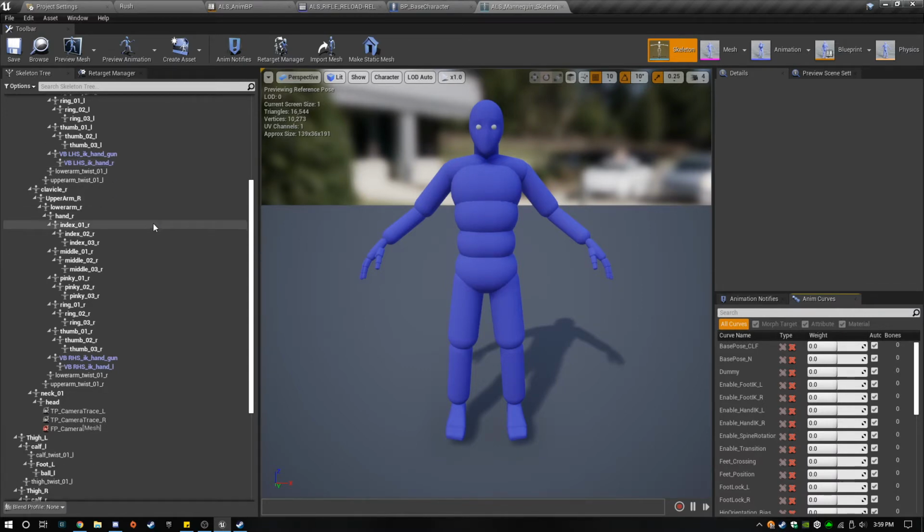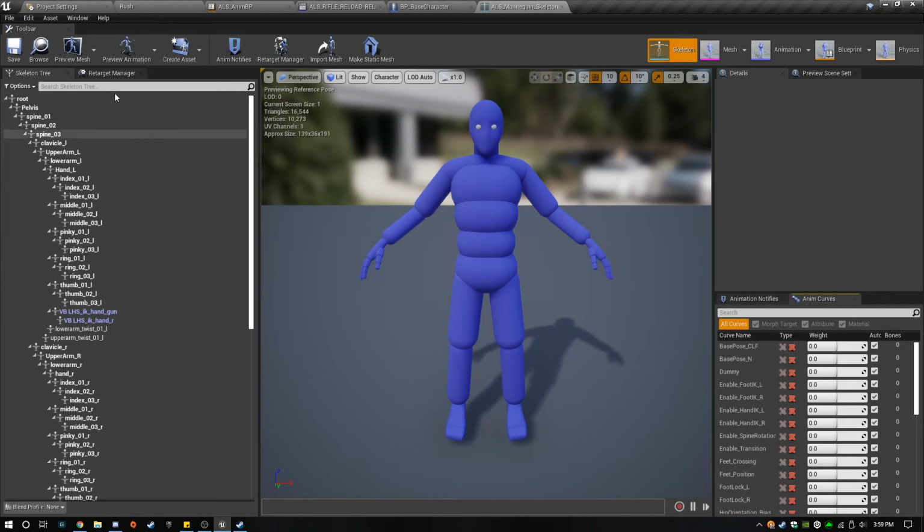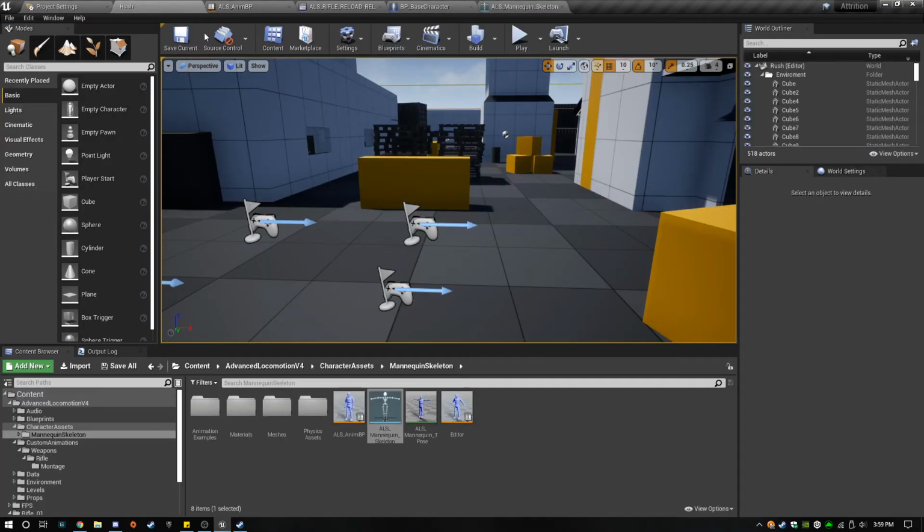It's kind of unfortunate because binding it to that bone works really well. It's the curve.